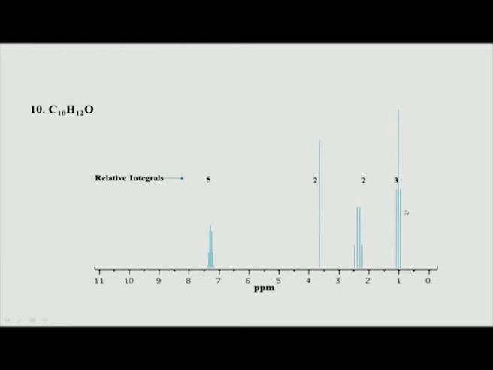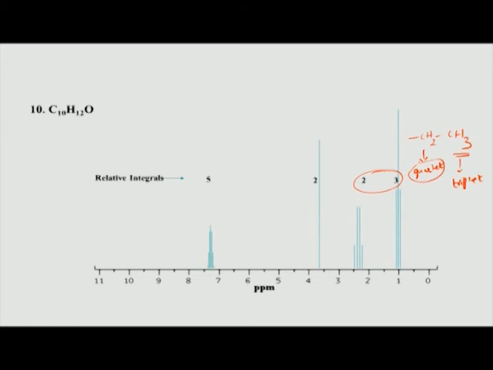Now if you analyze this data, we have seen this coming many times, that whenever you have a triplet and a quartet, it could be something like this: there is a CH2, CH3, and this is giving me a triplet, and this is giving me a quartet. But if that is so, then I should not have anything here, no hydrogens should be present here. If there is a hydrogen present here, that will give rise to another splitting, but that is not the case. So, that means there is no hydrogen there.